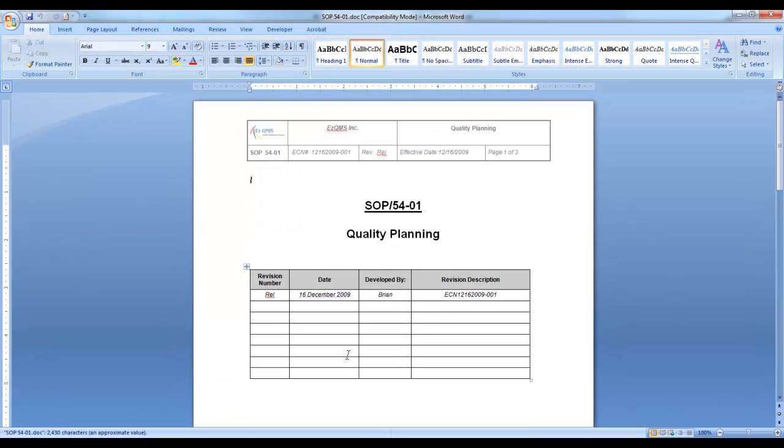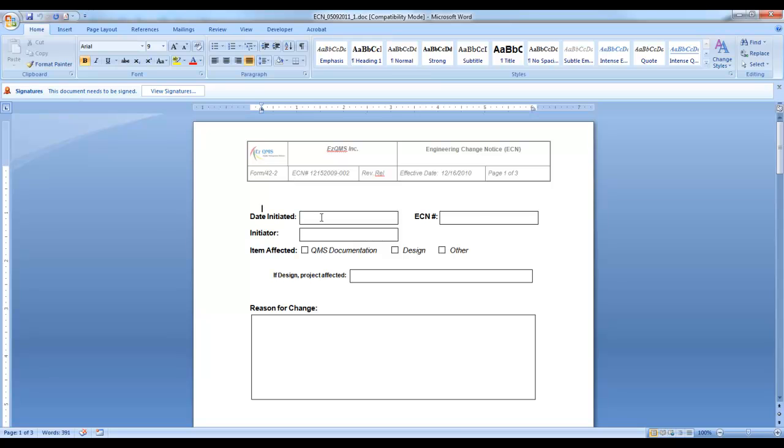Now at this time, it's going to bring up the 2 forms: the form that I can make changes to, and then my engineering change form. Now, since we're using your form, the ECN number has been created by EzQMS. If you notice up here in the top center, ECN number